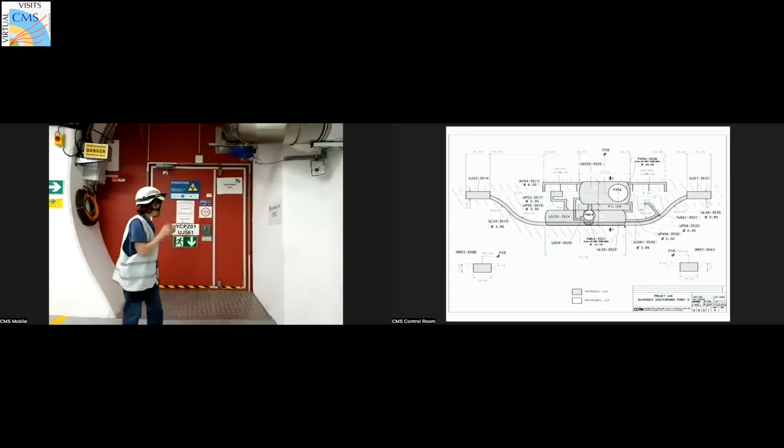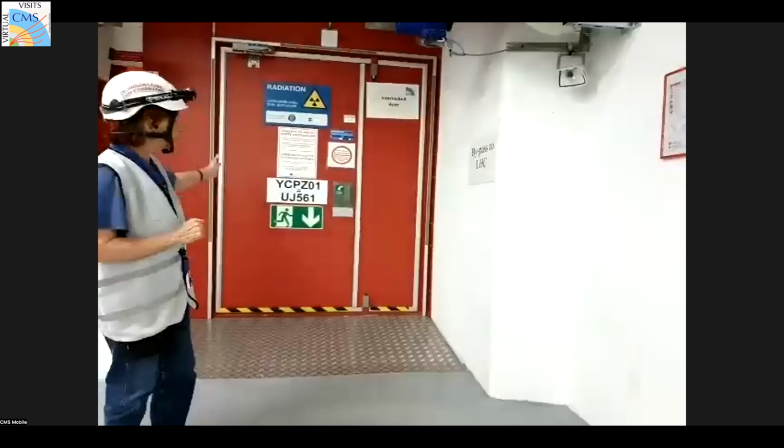Also CMS people don't want to go to the LHC. They want to enter on this other side, which is another corridor that connects the service cavern, where I am, to the experimental cavern. So why this door? Because if we open it, after a few meters there is another elevator. As you see here, well indicated, this is a second escape, an emergency path that we can use in case we need it.